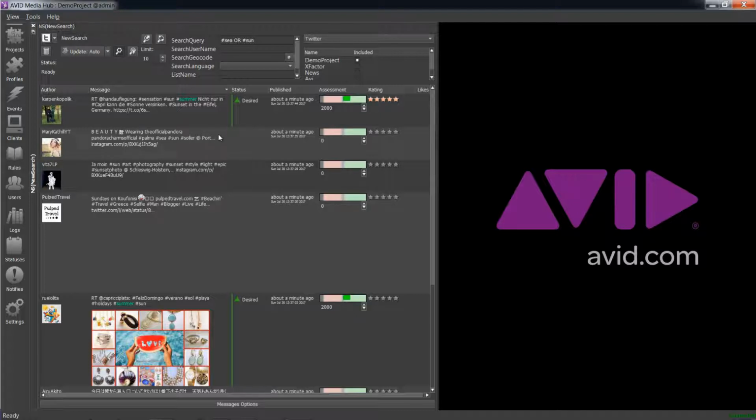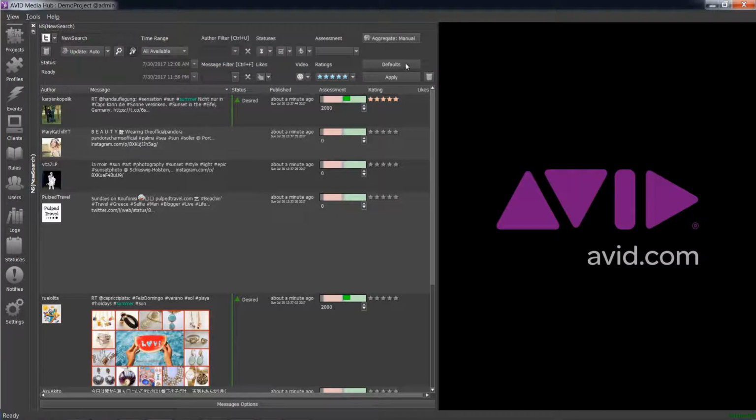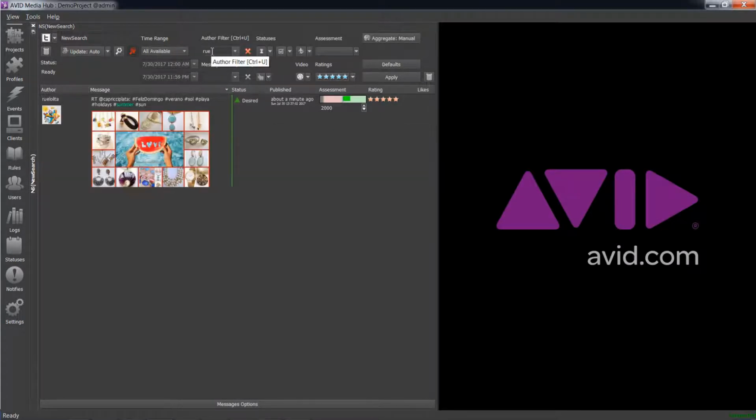If you want to create a filtering, of course it's also possible. Here is the button that you need to press. It will change the toolbar. Now we can create a filter by the username. Let's see how it works. For example, I would like to select the messages from this user, and as you can see, just relevant content